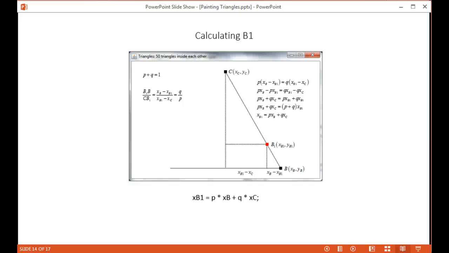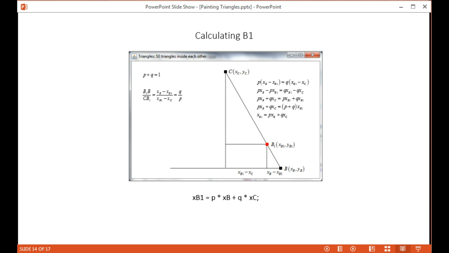All right, so we figured out how to calculate A1 and B1, and you should be able to use that understanding to calculate our C1 over here. You want to make sure you can do that, so try it out on paper and make sure it works. Now let's see how that translates into